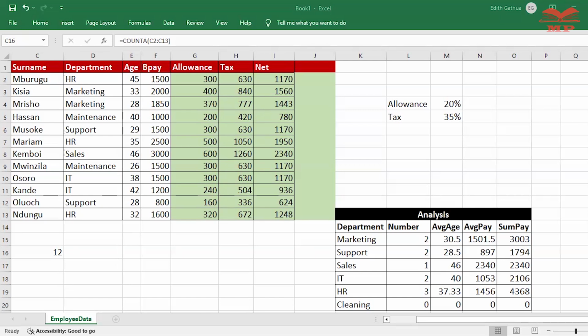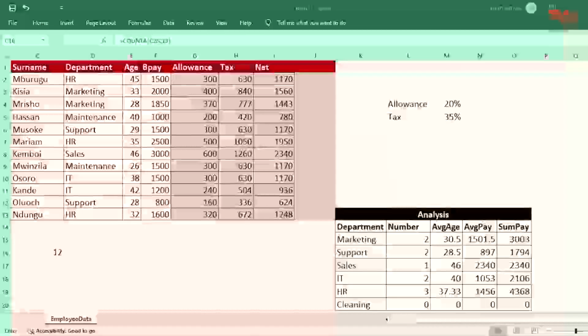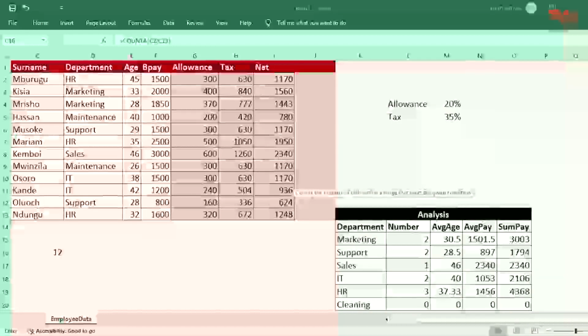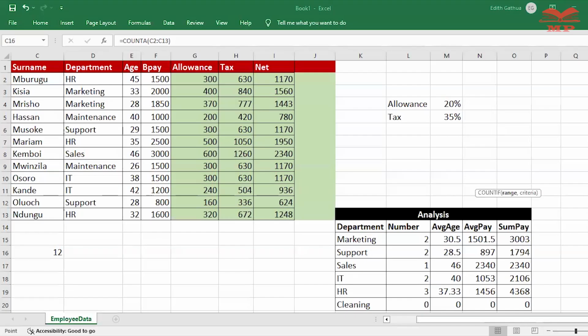High sale number. Then I can use one of the functions that we have already learned to count how many items had high sales. You can use equals COUNTIF, then I use this to select that range. Then the criteria there, I can say high. It can tell me how many had high sales. So it is